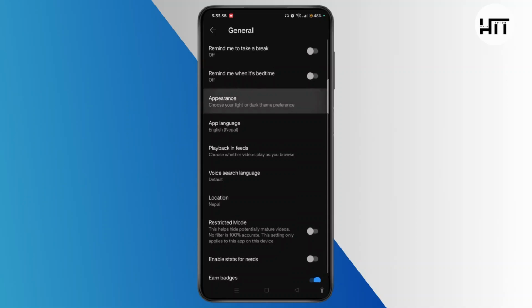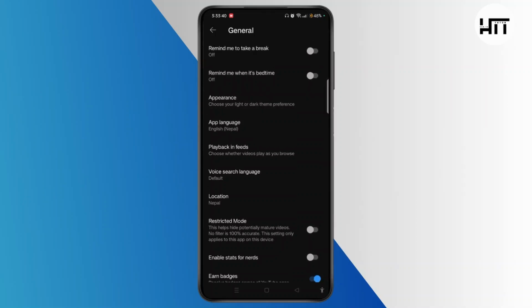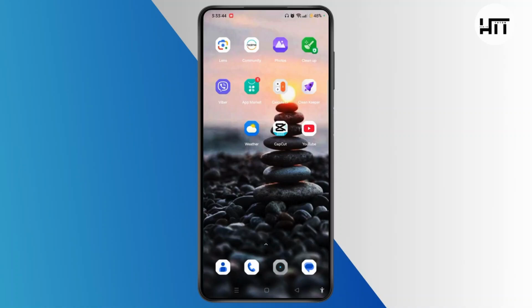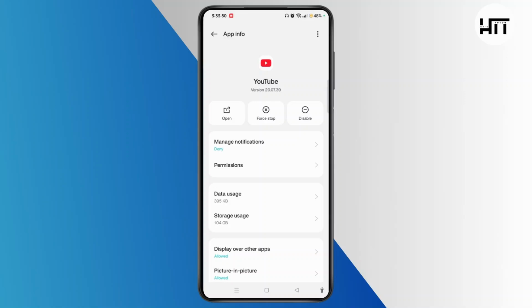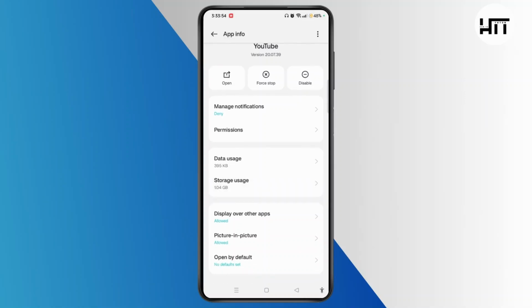So we do not see the option to enable picture in picture in the app, but instead, exit YouTube. Long press on the YouTube app icon, select I. This will take you to the app info page where you can easily select the picture in picture option at the bottom